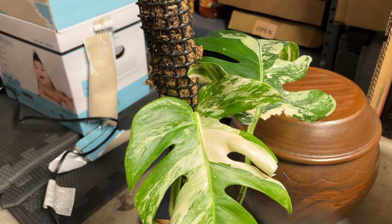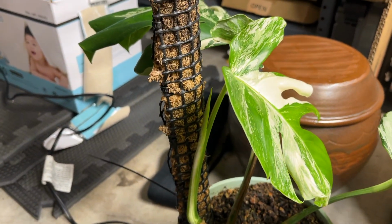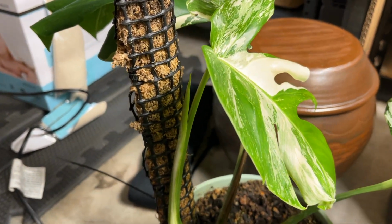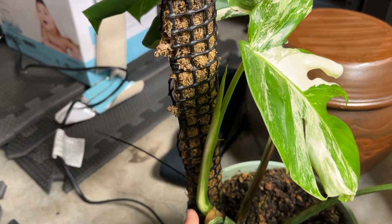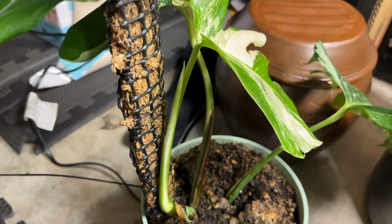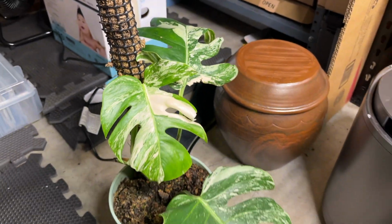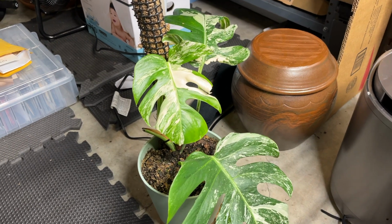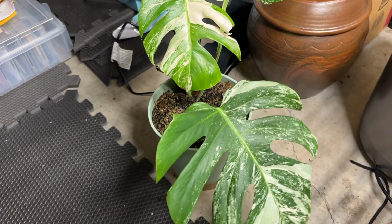I recently learned that there is a back to a Monstera, and the back is usually where the aerial roots start to come out. And I believe this is the back of the Monstera. And she is just so lovely, and I still cannot get over that I have her in my collection. This is mine, and